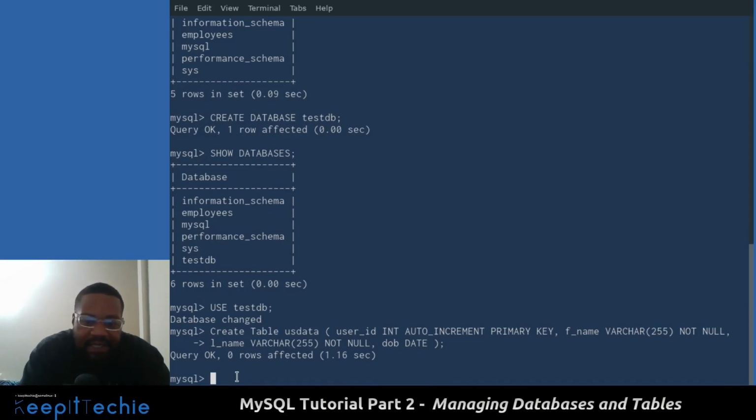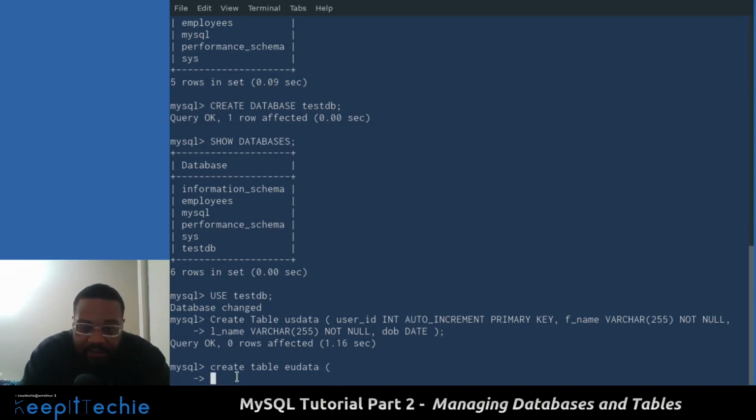Now that we created that table, let's create another one. I'm not going to use any caps in this one just to show you that it'll work just the same. This one will be EU data, meaning Europe data, and let's do the exact same thing. So user, and just to make this video a little faster, let's copy some of this stuff since we already typed it in, comma,